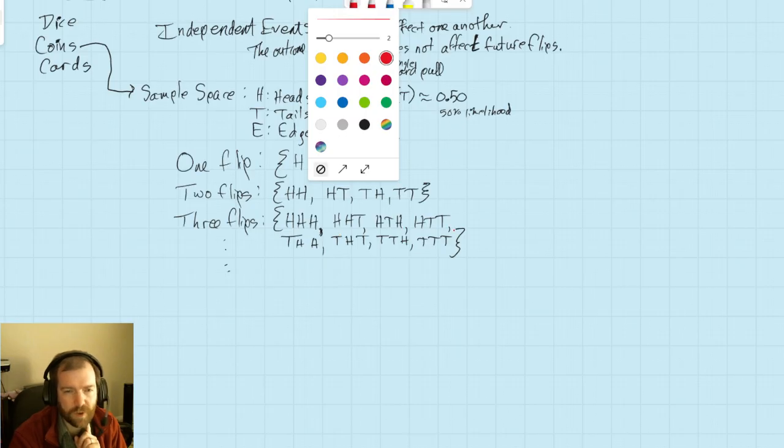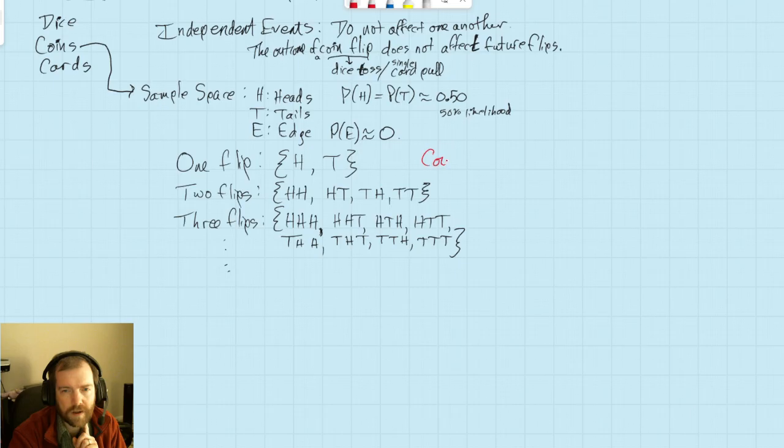So what becomes important out of this is that the count, or the size of the sample space, is then going to end up being